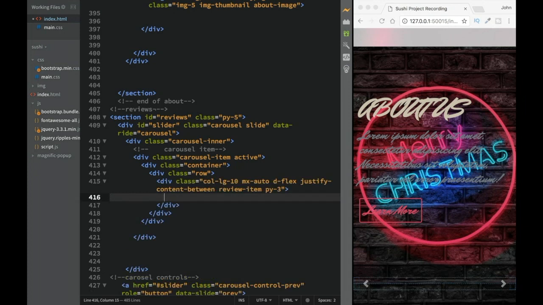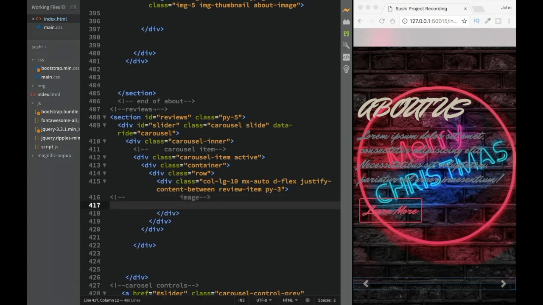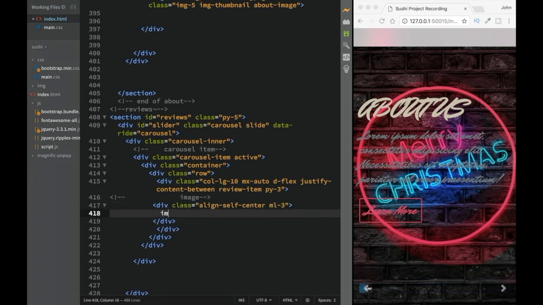Now once we have this over here, we're going to press tab, and now within this div, what we would want is we would first want to have an image. So I'm going to say that first is going to be the image. So let's say over here image, and for the image I'm going to actually have a div, and the div is going to be align-self-center, because this div is the child of the flexbox container, so we can actually align it in the center. And also what we're going to have is margin left 3 over here like this. Now within this div, what I would want is I would want an image, and I'm just going to say that this is going to be rounded